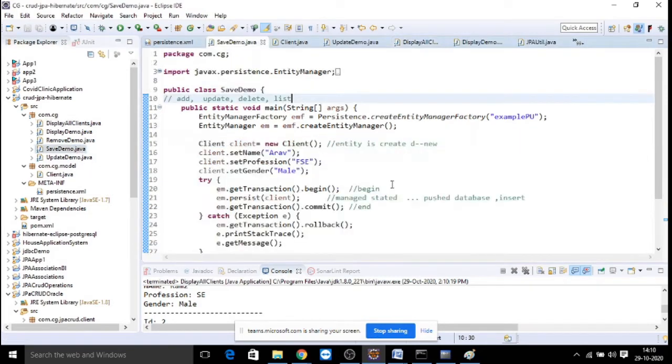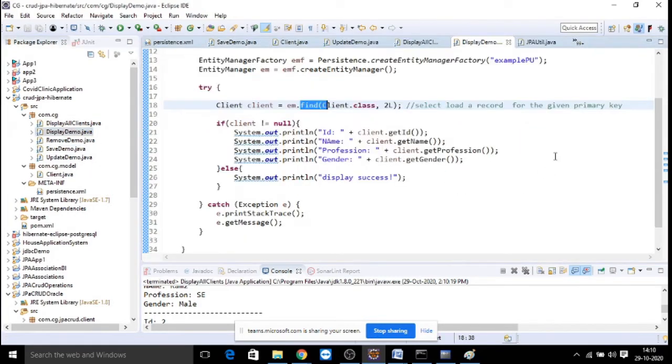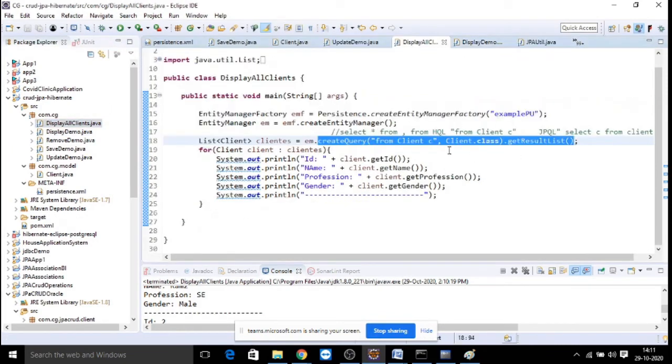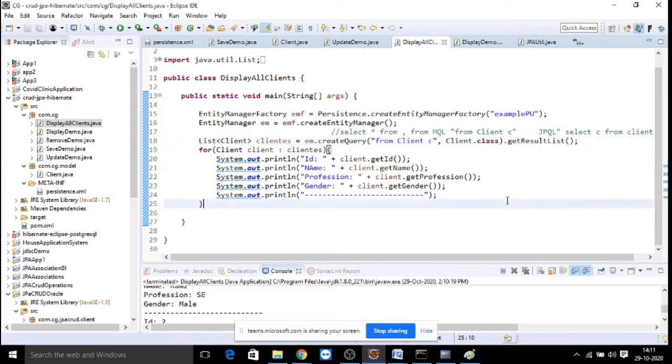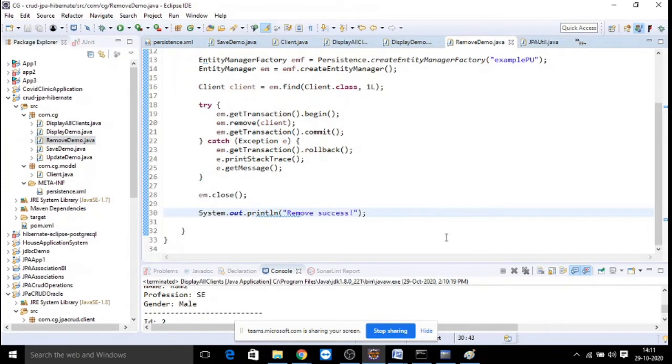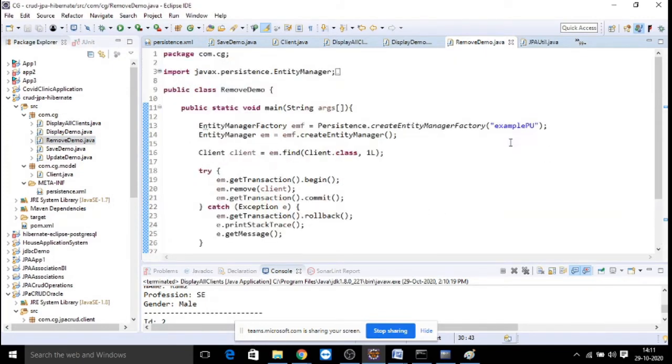So you have done how to insert, you have done how to get one single object, how to get all objects. And further, yesterday I told you to explore JPQL, based on some given condition, how do we pass a query, that you need to explore again. Then, how do we remove. Let us say from the same table I wanted to remove a particular record.